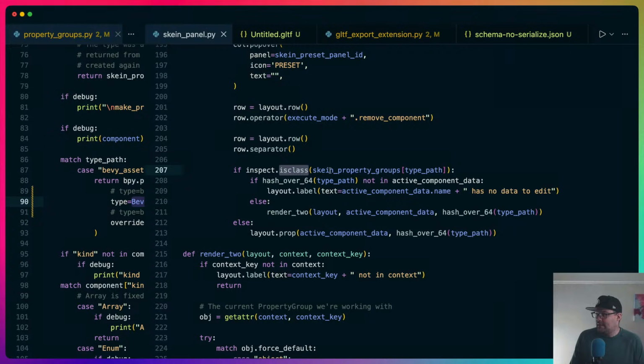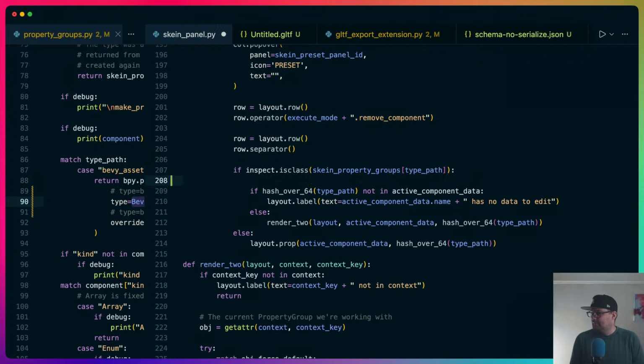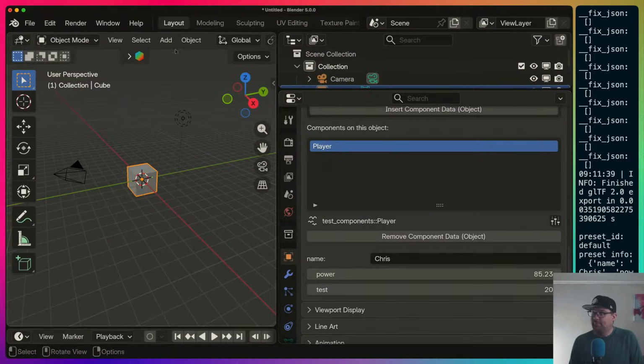And then we come to here. And this is Skein property groups type path. We'll look for and find a pointer property. So I'm just going to print type path here as a simple confirmation that this is actually where I want to be. I believe it is, but